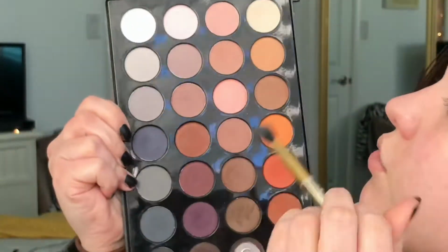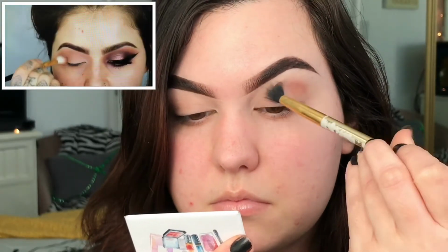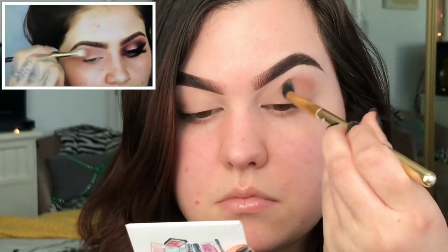So for my eyes, I'm actually going to not use these just now. I'm going to go in with this contour shade first, and we're going to build up in the crease. Okay, so I really like the eyeshadow that she's using in the crease, and it's very similar to this one right here. So I'm going to go ahead and apply this in my crease and build it up like she says. Nicely backwards and forwards like usual, focusing it mostly on the crease, and then just using the side of my brush just to kind of blend up towards the concealer underneath my brow. I'm just going to go in my crease again, and I'm not blending it quite as high because this colour